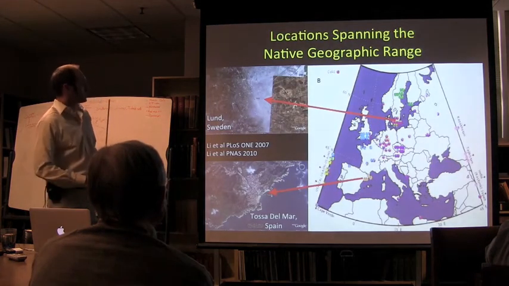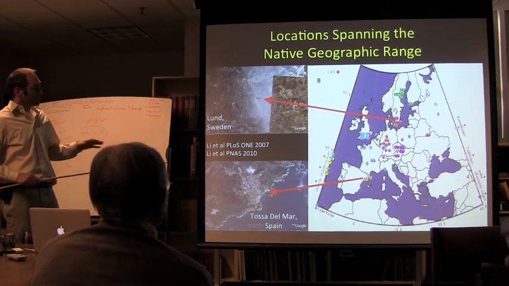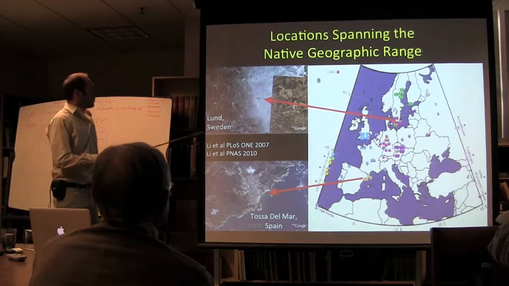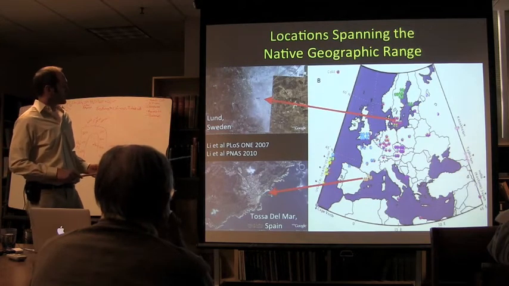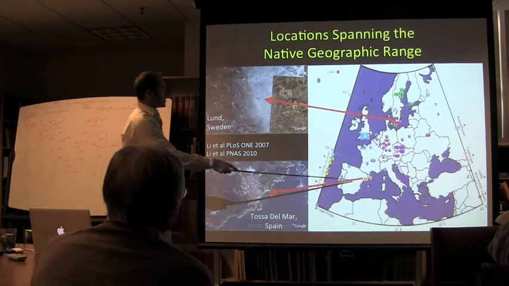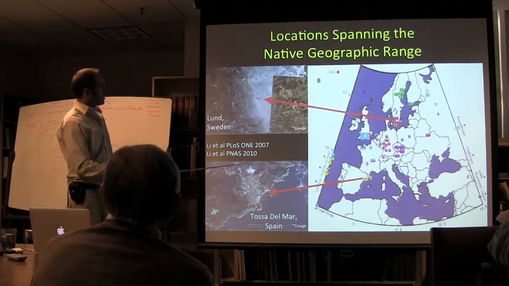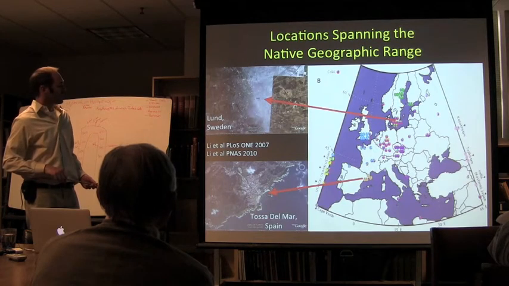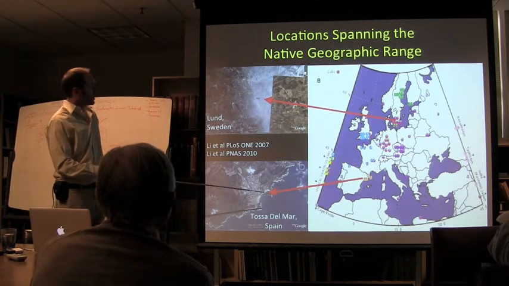And we wanted to do the phenotyping then not in standard laboratory conditions of fixed temperatures and light and long days or short days, but in geographically defined seasonal climates, which I'll show you in a second. We wanted to have conditions that sort of span the native range from the south, Tossa del Mar, which is an interesting population where major alleles for salt tolerance are segregating and show a nice cline.